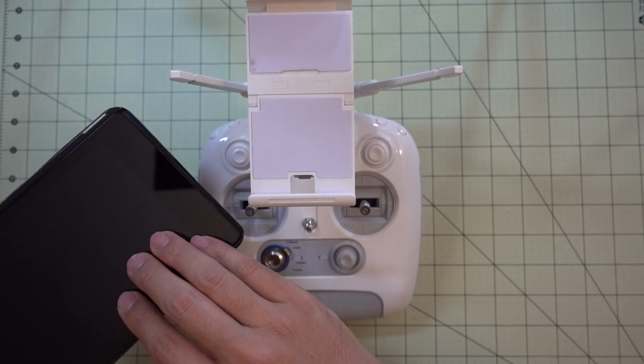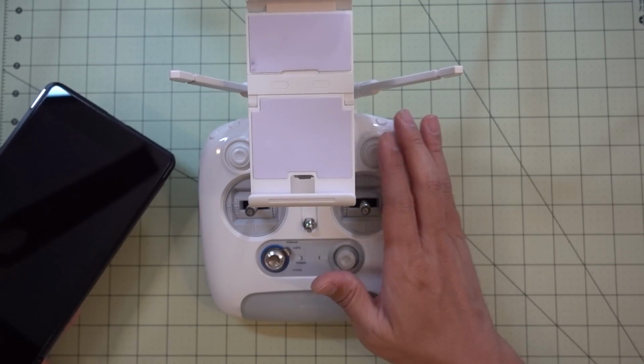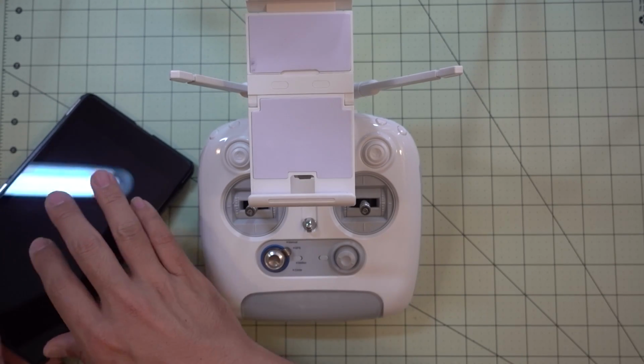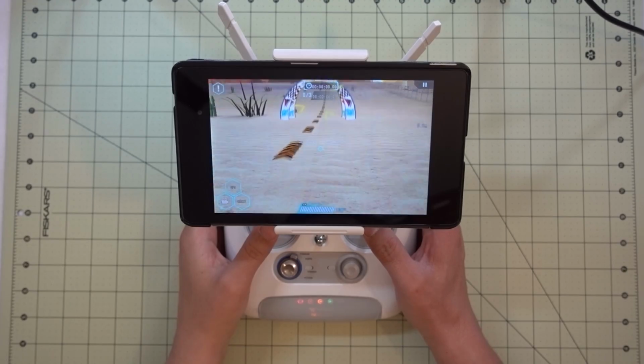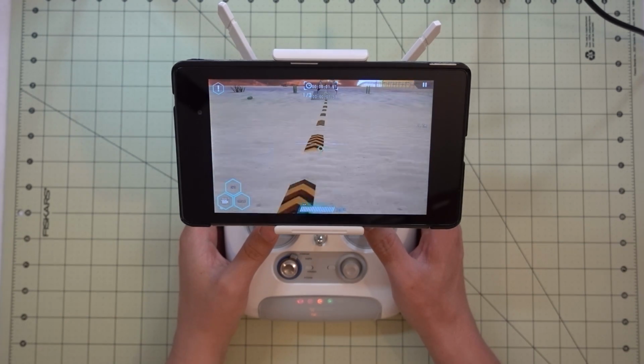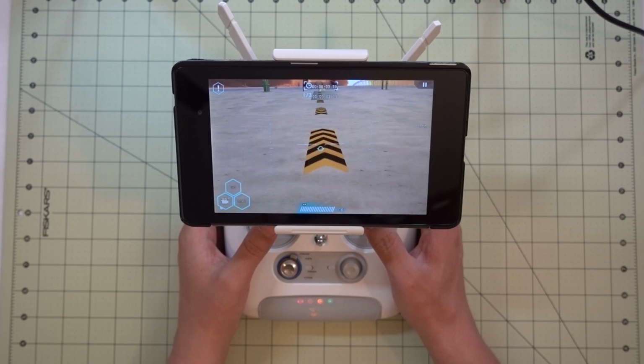So basically you can run the app on your tablet and use the controller as a simulator, because actually there's some simulators on the app itself, so that you can learn how to fly the drone without actually flying it. You can just fly it through the simulator, and I was able to do that by just connecting it